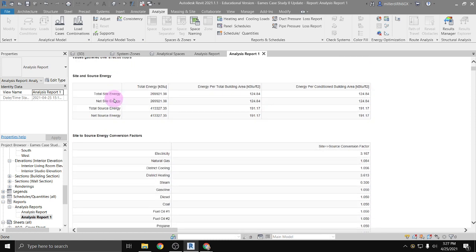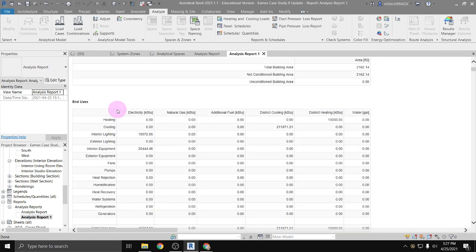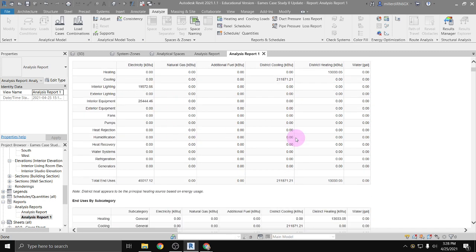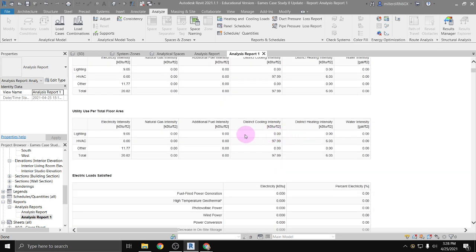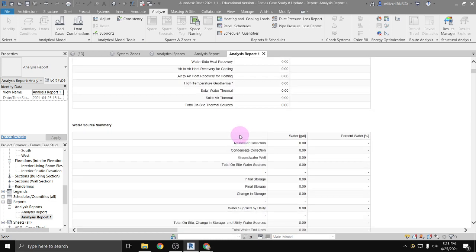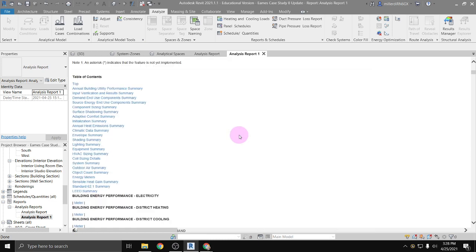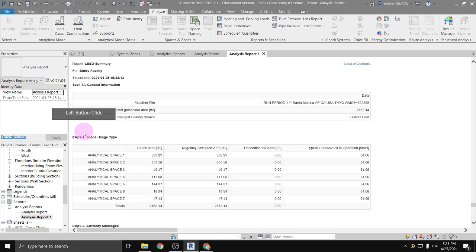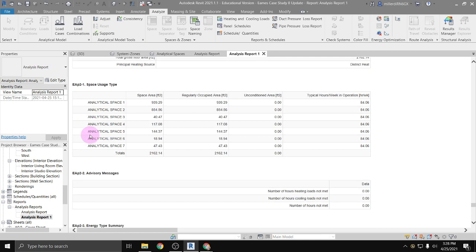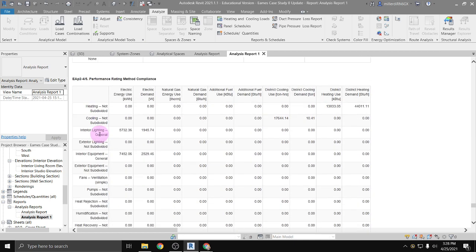As well as just how much is being used in each different area. And then towards the end there should be some analysis related to a LEED report. So yep, here we have a LEED summary. You can even look at all of the different areas of LEED and how your building is performing in those areas. So we can see based on our performance, if I had any PV panels on my site